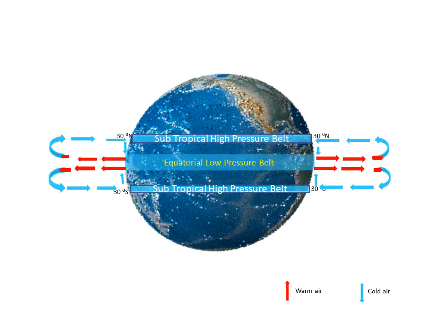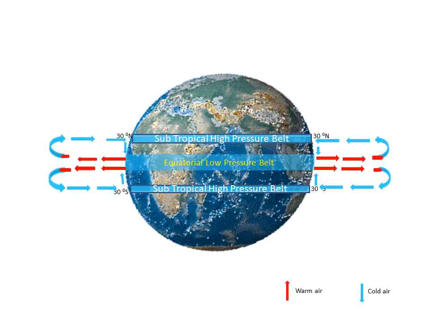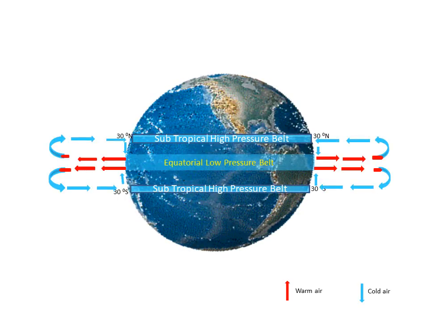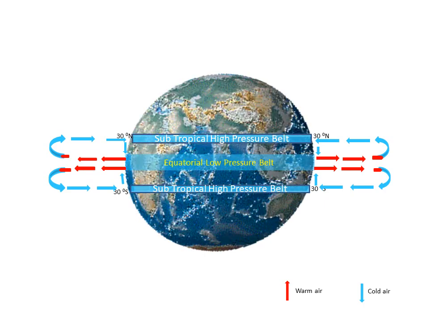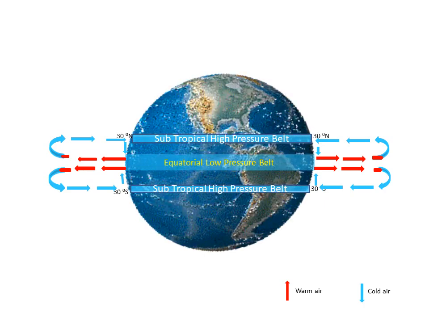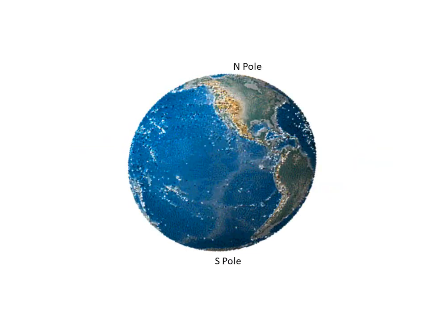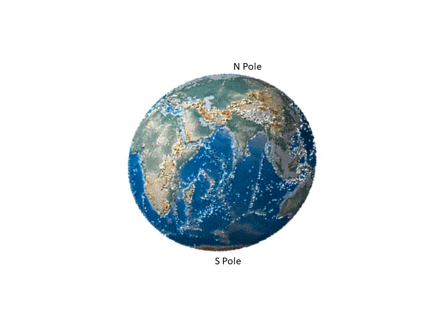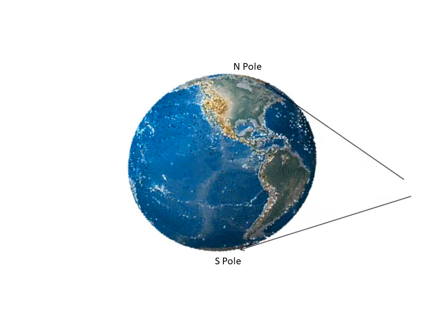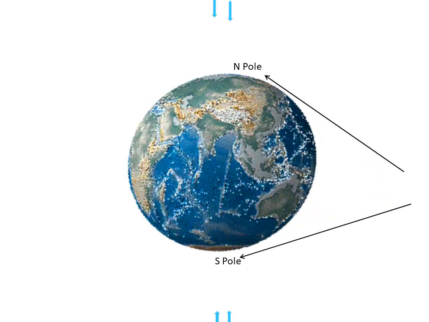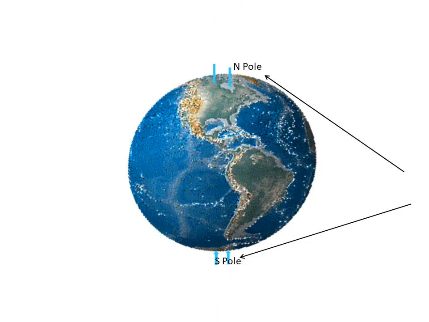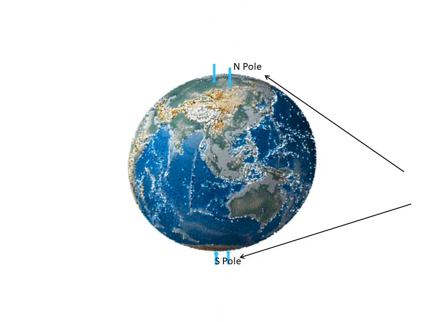The sinking air moves towards north and south, so along the equator the warm air rises, spreads out, cools and sinks down. In this way it develops convectional currents. At the poles, the sun's rays are very much inclined, so we have cold air that sinks. These regions are known as polar highs.